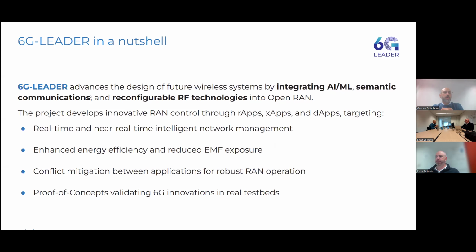We also work in the conflict mitigation between different applications to have a robust operation and to create 5 proofs of concept that are going to validate these innovations for 6G in real testbeds.